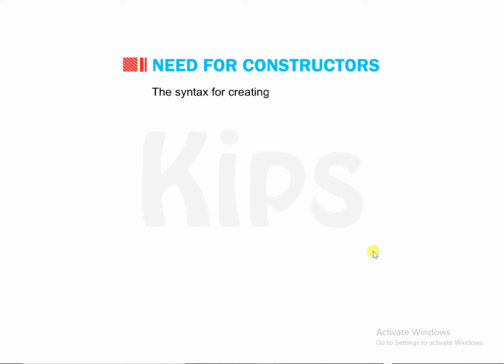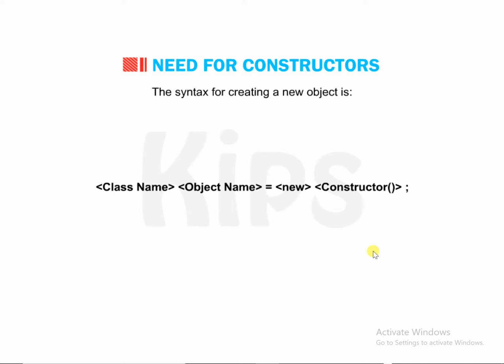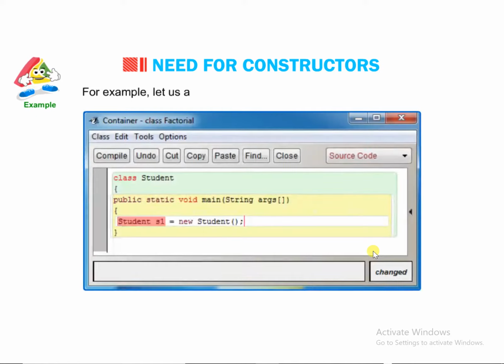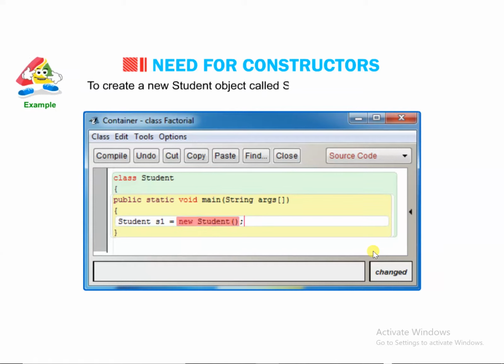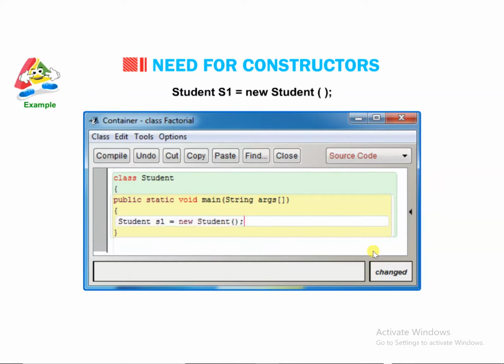The syntax for creating a new object is: class name, object name, equals new, constructor(), semicolon. For example, let us assume a class student with a new object S1. To create a new student object called S1, a constructor is called by the new operator. Student S1 = new student();